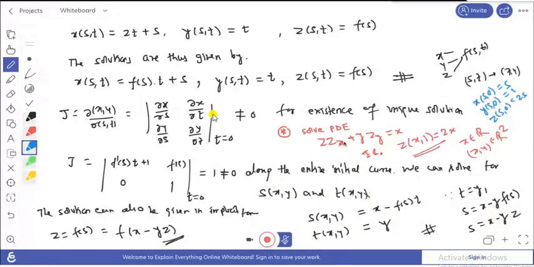ओके, तो पहले तो आप इसको dx by dt characteristic equation लिख लेंगे, dx over dt, dy by dt, dz over dt। ओके, वहां से आप सॉल्व कर लें और x की वैल्यू in terms of s, t आप निकाल लें, then using initial condition you get final solution। ओके, तो उसके बाद फाइनल सॉल्यूशन आपने निकाल ली, तो अब जैकोबियन चेक करें। जैकोबियन अगर आपका नॉन जीरो है, this means कि आप इस तरह के सोल्यूशन निकाल सकते हो, यूनिक सोल्यूशन, otherwise यूनिक सोल्यूशन नहीं होंगे। ठीक है, तो अगर आप जैकोबियन निकाल लें, अगर वो t = 0 पे नॉन जीरो है, this means कि उसके यूनिक सोल्यूशन होंगे, otherwise नहीं।